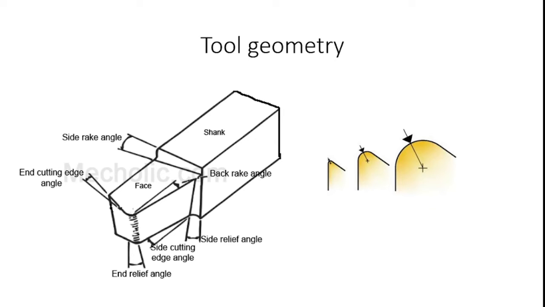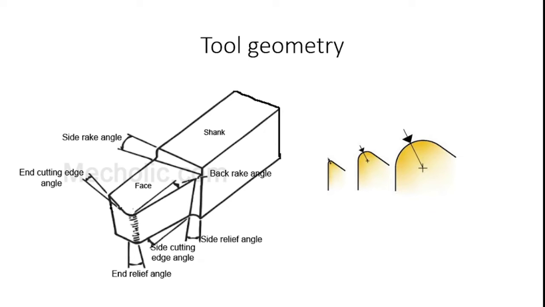And then the next one is end cutting edge angle. End cutting edge angle is available with the front face of the tool. It is the angle between the minor flank of the tool and a plane perpendicular to the side of the shank. This angle serves as a relief angle, allowing a small section of the end cutting edge to contact the machined surface. So this area is responsible for developing the contact area between the workpiece and the tool surfaces. It also prevents chatter and vibration.